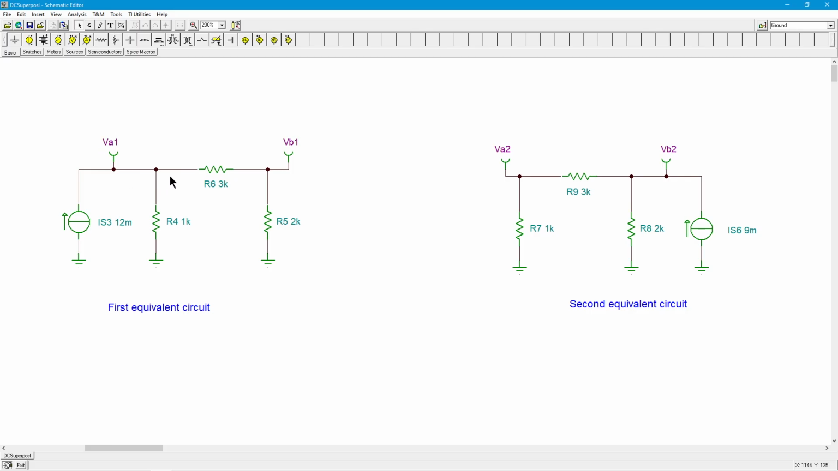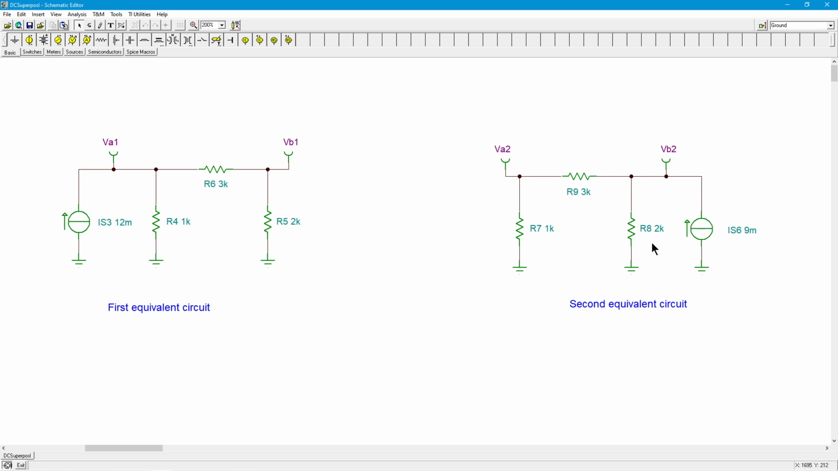And like I said, knowing we had a couple of mils going this way, 2 mils through the 3K, which is essentially in series with the 2K, knowing we have 2 mils there, we can use Ohm's law. 2 mils, 2K, that gets us 4 volts, and that's what VB is in this circuit. All right? Okay, moving over to the second equivalent, we take the 9 mils coming in, and again, we have